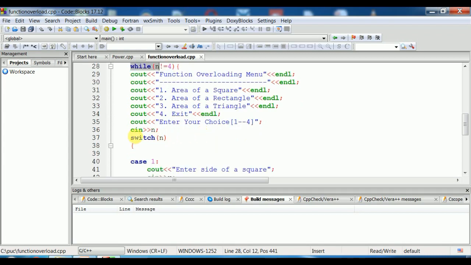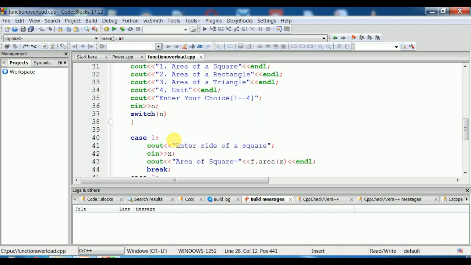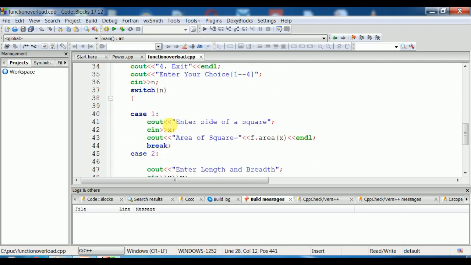Now we have used the switch case statement. In the switch case, case is a keyword, switch is also a keyword, and the user selects 1, which means that particular function, that particular module, will execute. It will ask to enter the side of a square, and when the user enters the value, it will be stored in x. Here, the area of a square is f.area of x, meaning the value which we entered in the variable called x will be transferred